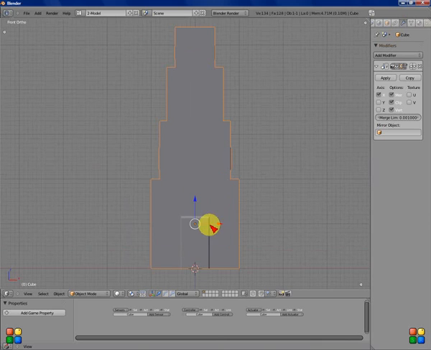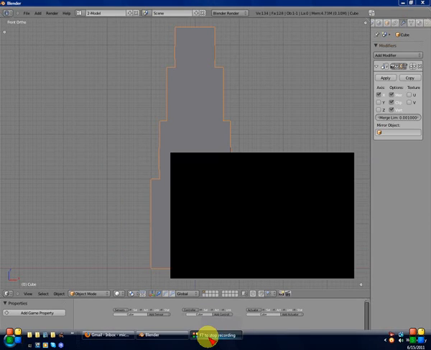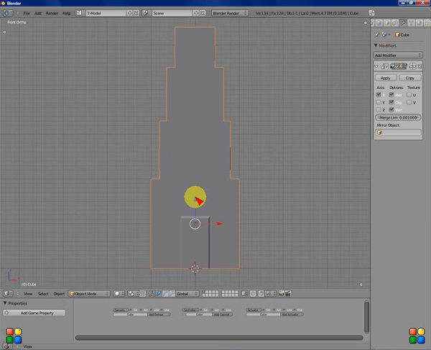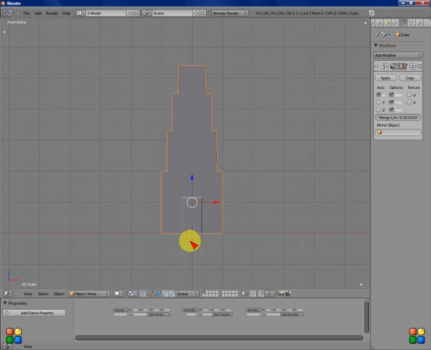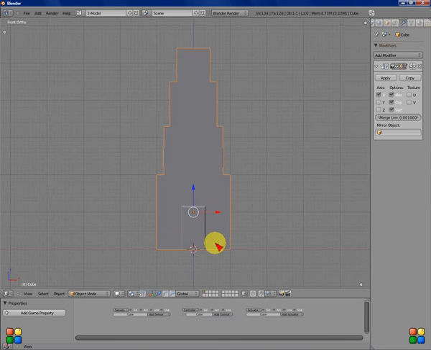And next we'll get to the modeling of the wooden posts on the tower and details on the tower and the base around the tower. And that should be it